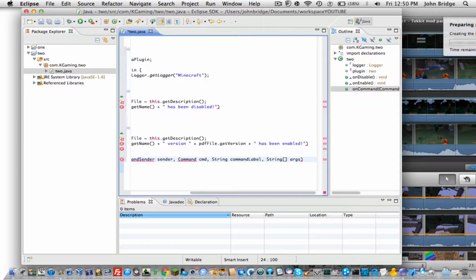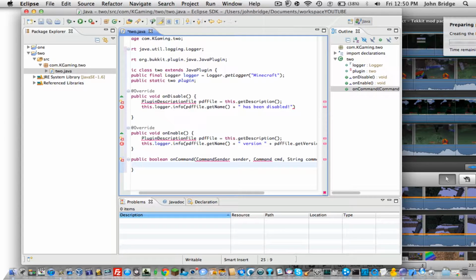So now I'm going to do a curly bracket there, and it's giving you an error for this